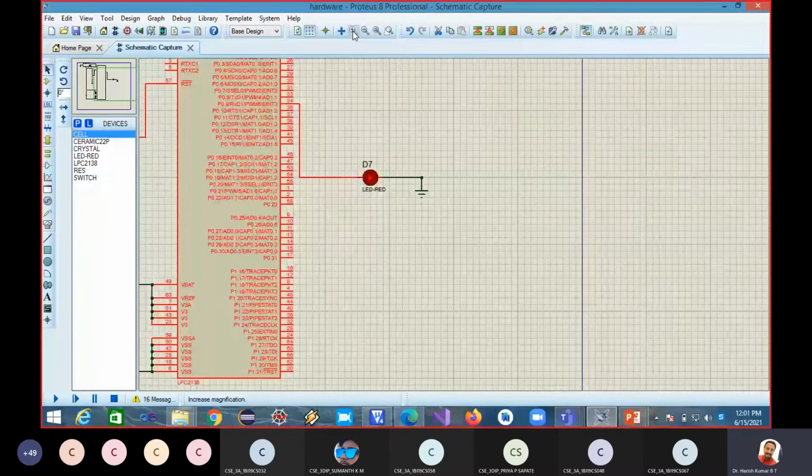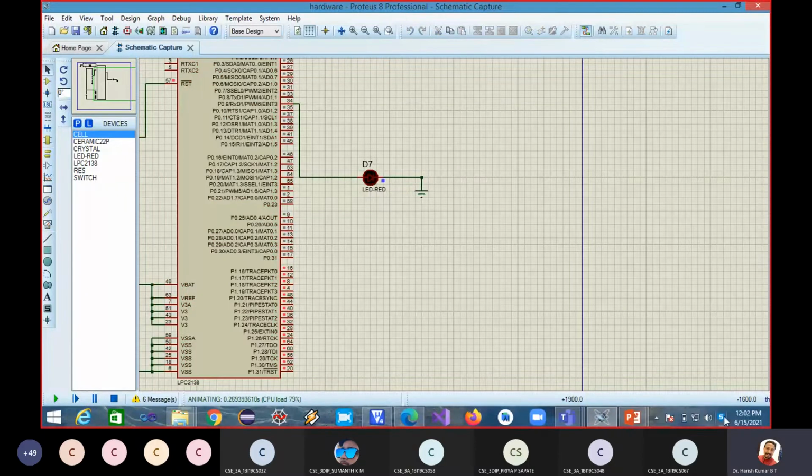Let me zoom a bit. Okay. So I click on the run here. See, animating, and can you see that LED blinking? Yes, sir. So LED is blinking now.